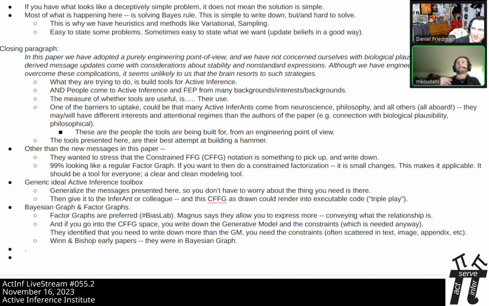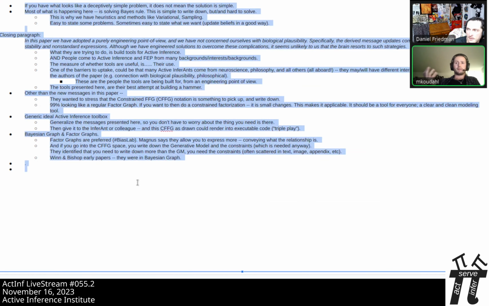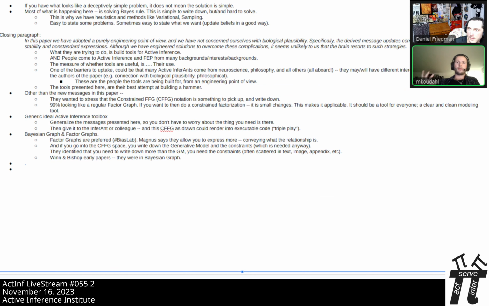I think if you wanted to try and tie a bow on it, I would say the different graph types, and different types of graphical notations, are useful for different things. And whatever you need to do, you should pick what is best for the kind of problem you're trying to solve.